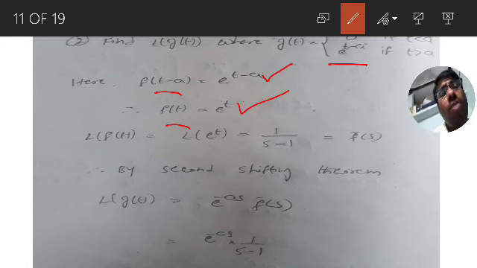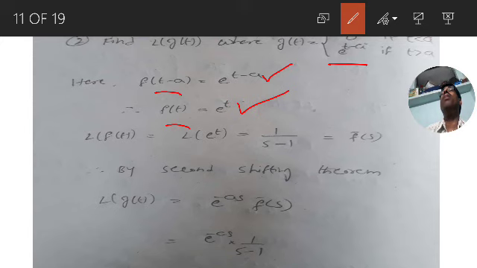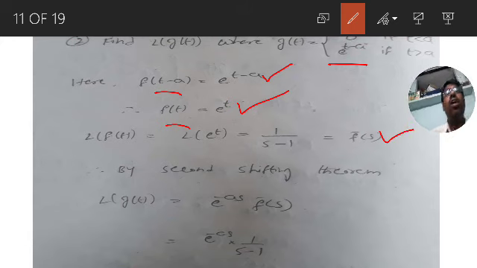Now L of f of t, that is L of e power of t. Again a standard formula. What is the standard formula we are using here? L of e power of at. L of e power of at is 1 by s minus a. Now L of e power of t is 1 by s minus 1. This is f bar of s. Now by the second shifting theorem,